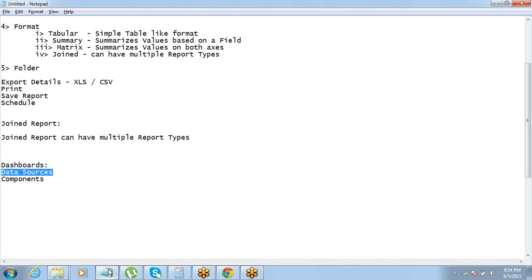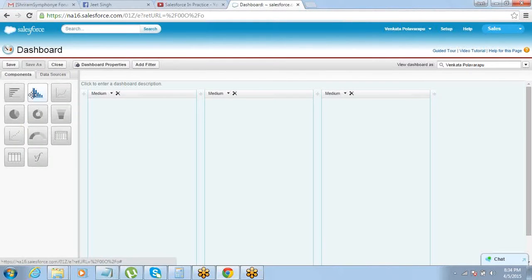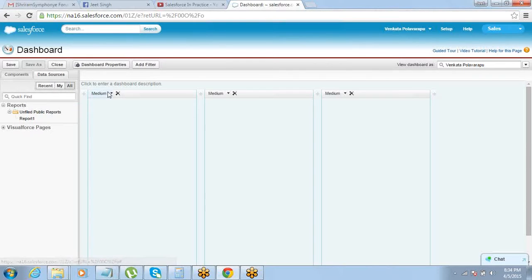Okay, so data source can basically come from the reports that we have created, and the component is something which we can select here. So you can have a pie chart or a bar chart, whatever you want. Okay. And a dashboard by default has 3 columns, which means 3 reports can be displayed here.